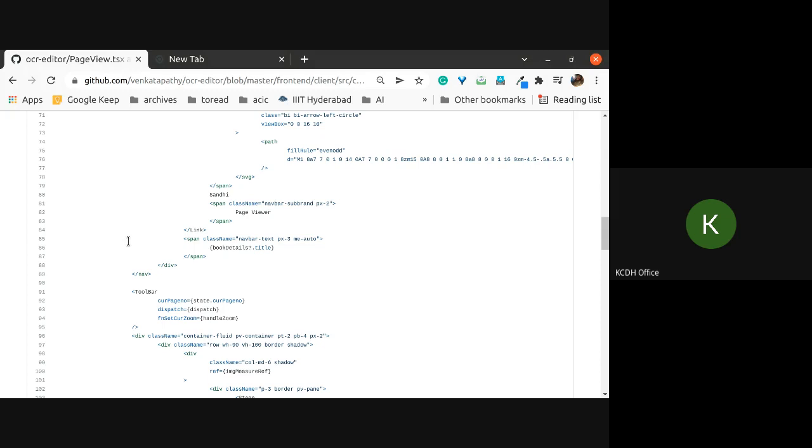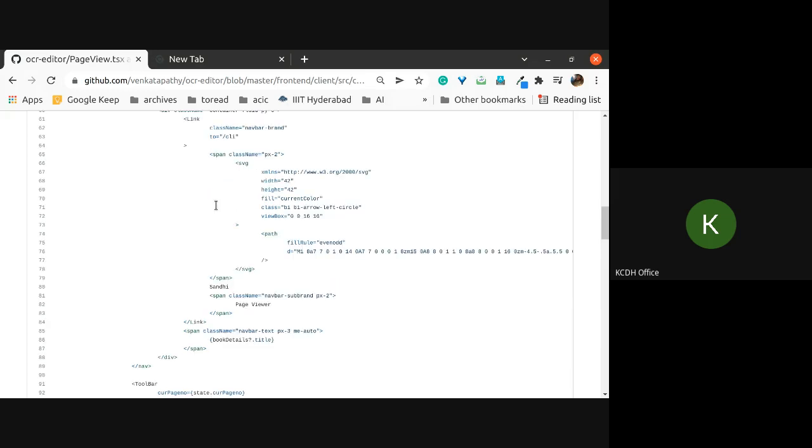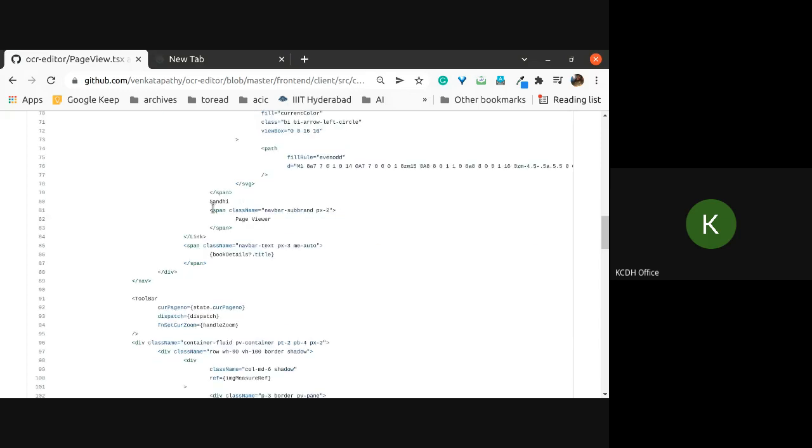And there you can see that there is a nav bar. You can take a look at what exactly the CSS structure here is. This is where the top view is. The Sandhi page viewer will be displayed on top. You can again look at the code as well as the page to understand what exactly is happening.